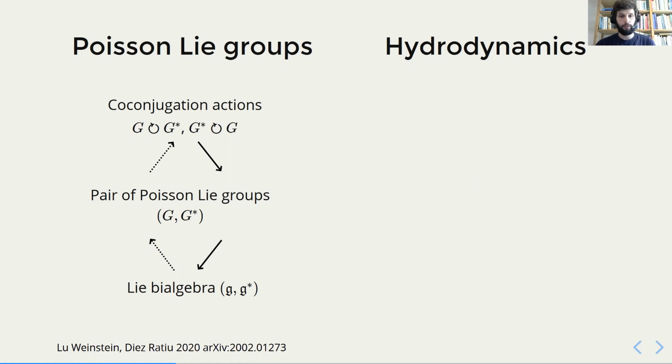And conversely, if you have these dressing transformations or conjugation actions, as we call them, you can also take the derivative and then get a Poisson Lie group structure. So there's this nice hierarchy of conjugation actions, then Poisson Lie groups, and then Lie bi-algebras. And so let's apply this